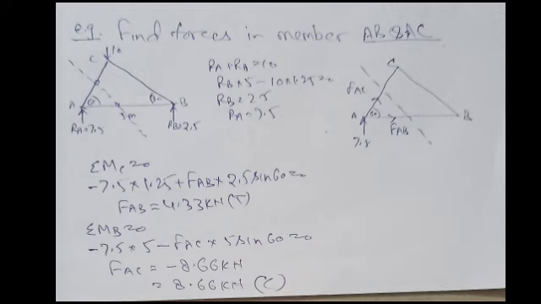Suppose you are asked to find out the forces in member AC and member AB. So first of all, we will encircle these two members and then cut a section line passing through these circles. Now we will see whether on the left hand side of this section line or on the right hand side, in which side the forces are less.